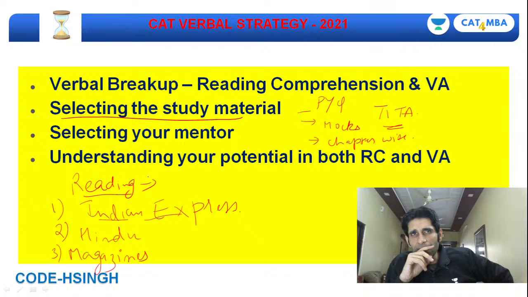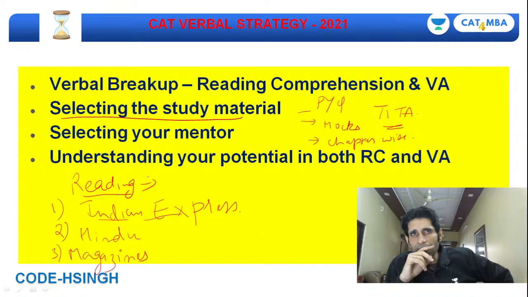So yeah, reading comprehension plan, what to read. My suggestion would be start with newspapers and then magazines. Look, there is a small difference between newspapers and magazines. In newspapers you get the news of what happened yesterday, and in magazines you get an overall perspective of the entire topic. So if you ask me why one should read magazines along with newspapers,